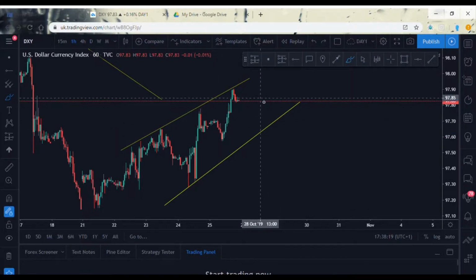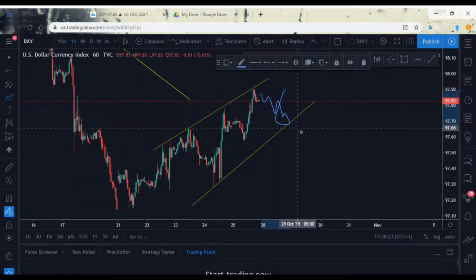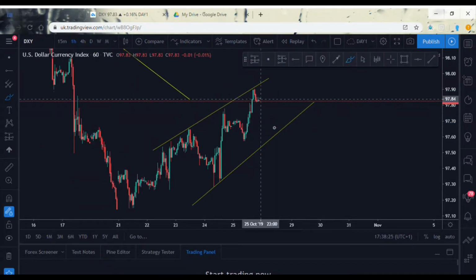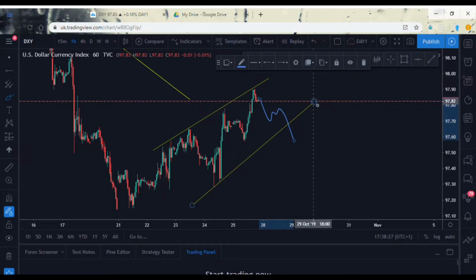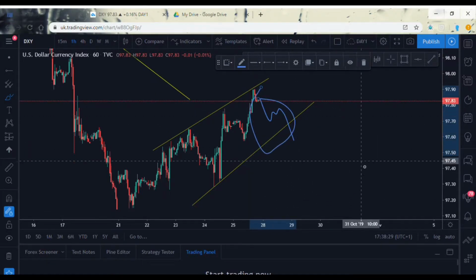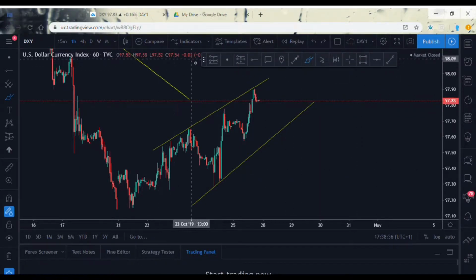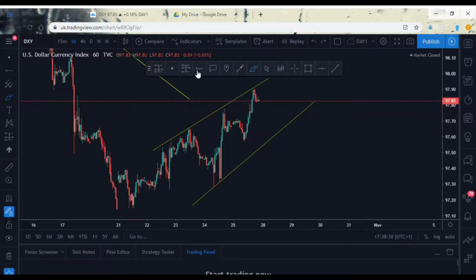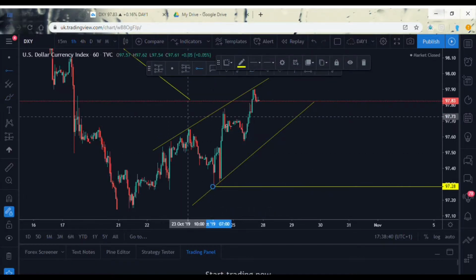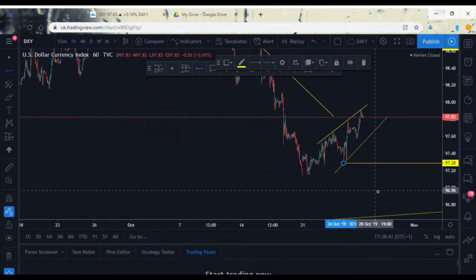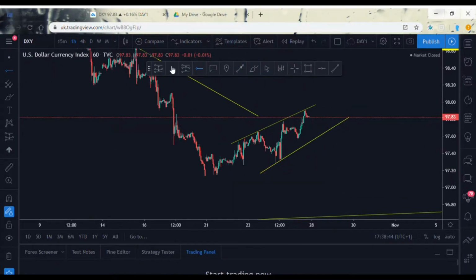If price starts to move down correctively away from this third touch, then we know we're going to be in for that movement to the upside. But if price starts to impulse and we get a correction here, then we impulse, we know that clearly we've broken this structure and we're heading to break and potentially as a minimum go for and target this little 9% rule right here. If not, come down and test the lows of this structure. I think that's about it for